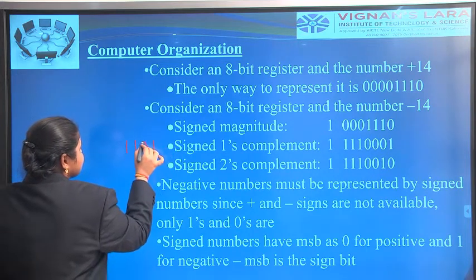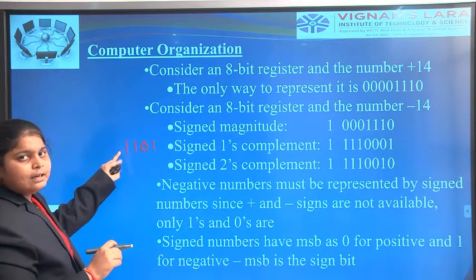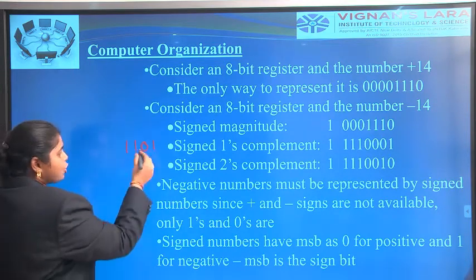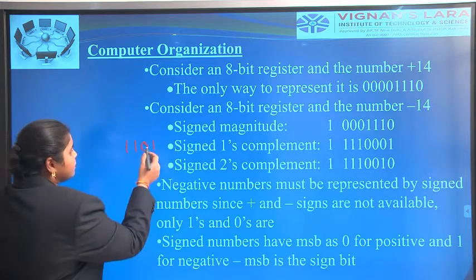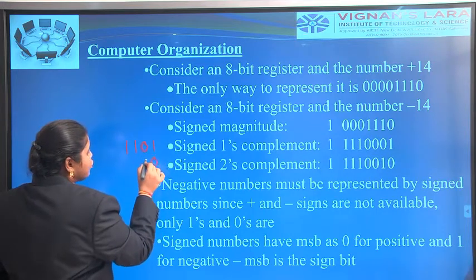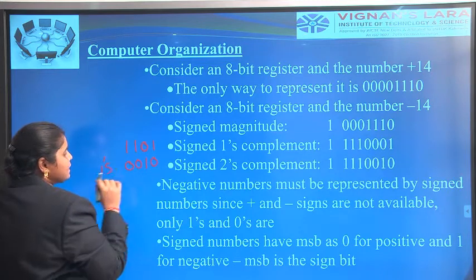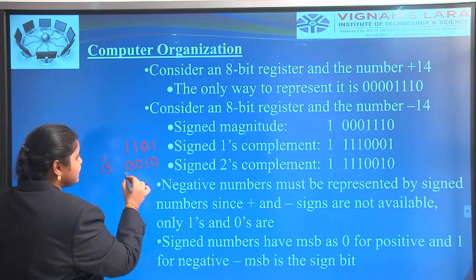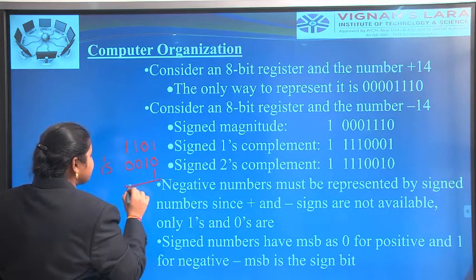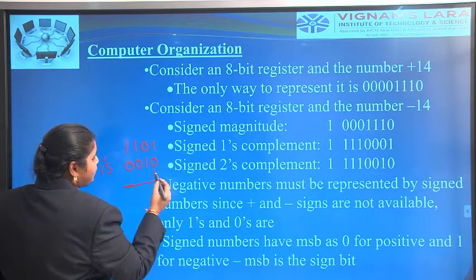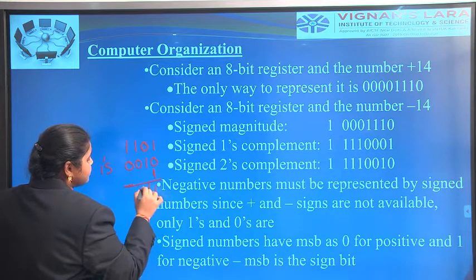1101. This is the number. We take this example and convert it to the 1's complement. 1's complement means converting zeros to 1's and 1's to zeros: 1 becomes 0, 0 becomes 1, 1 becomes 0, 0. This is the 1's complement. Next, for the 2's complement we add 1 to this 1's complement result. 0 plus 1 is 1, and the remaining bits will be 1, 0, 0.